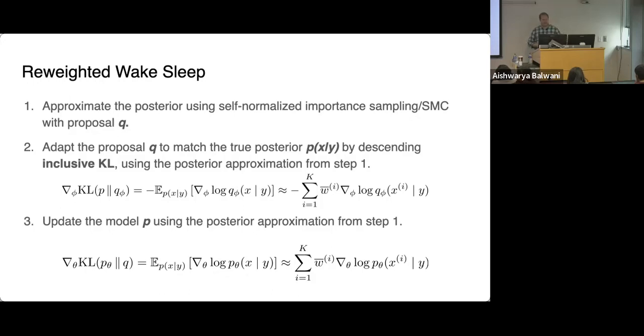The notation makes it a little harder to see, but you could imagine giving this a different name. I've already used Q, and I don't want to use R, so S. You could imagine giving this a different name and then saying I'm going to do coordinate descent on S, my posterior approximation, and theta, the parameters of this model. And then here we've also got this extra Q up here for the proposal. So yeah, I see what you're saying, and I can see how it could be confusing. I'm just saying this is a splitting technique that we use all the time, not just in reweighted wake sleep but also in EM.